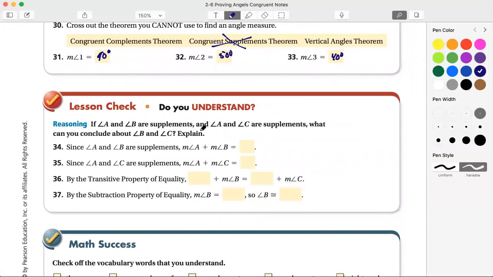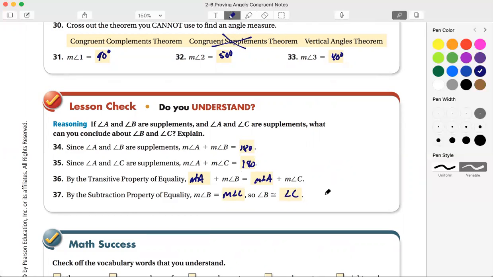So if angles A and B are supplements and angles A and C are supplements, what can you conclude about B and C? So A and B are supplements, that means they both add up to be 180. A and C are supplements. They both add up to 180. By the transitive property, the measure of angle A plus the measure of angle B equals the measure of angle A plus the measure of angle C. So canceling out the A on both sides, subtracting out, we get the measure of angle B equals the measure of angle C. So angle B is